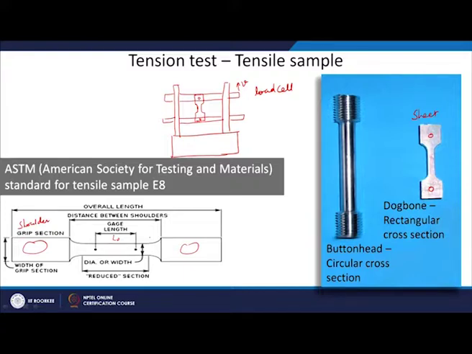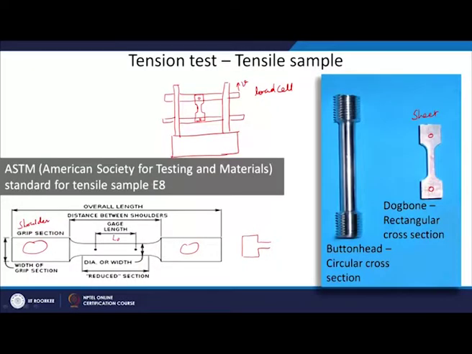One more important thing you will see here is that when we are reducing the cross section, we are not doing the reduction like this. For example, one way is that I can reduce the cross section like this also, but this kind of very sharp corner is going to introduce stress concentration in the material. This we will see later when we discuss fracture, and your material will fail at this root itself. So, you are not going to get the representative property of the material, but just a fracture property of the material because you have a sharp corner here.